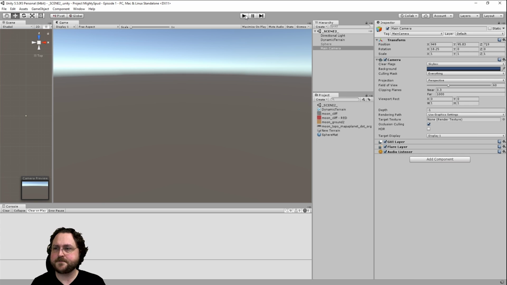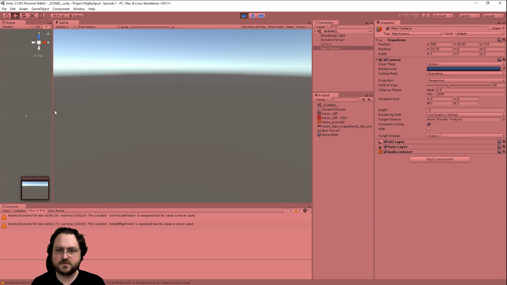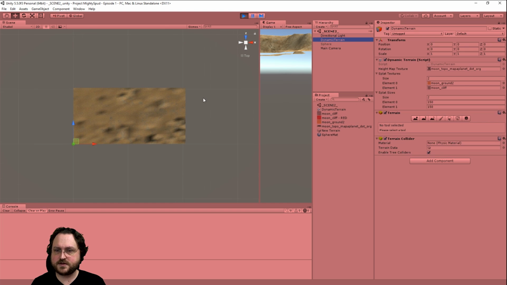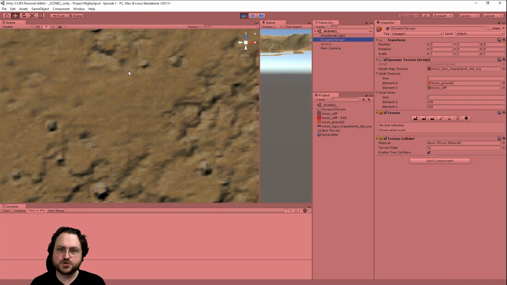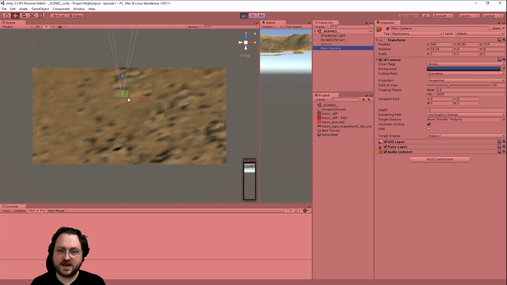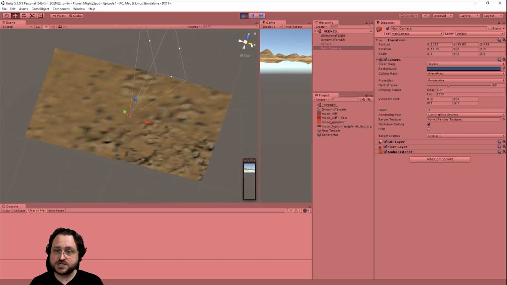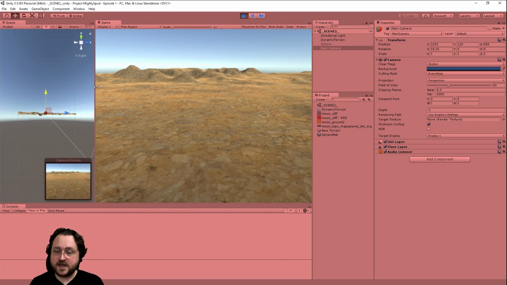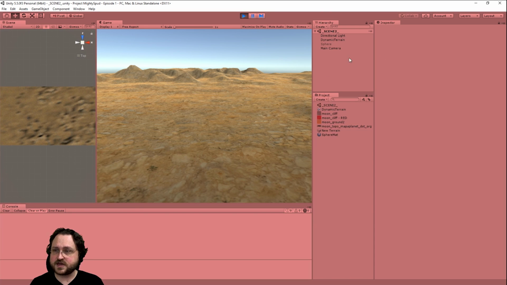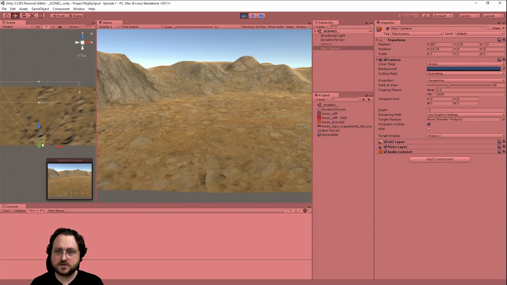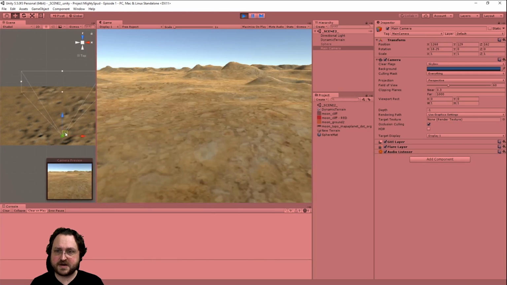If we hit play, and especially if we look over here and find our terrain, we are zoomed in considerably into some terrain area now. The physical size of the terrain in Unity is just as big. The resolution is the same as before, but we're focused on a much smaller part of the world. And so that's probably looking a lot more reasonable-ish. Yeah, that kind of feels better.